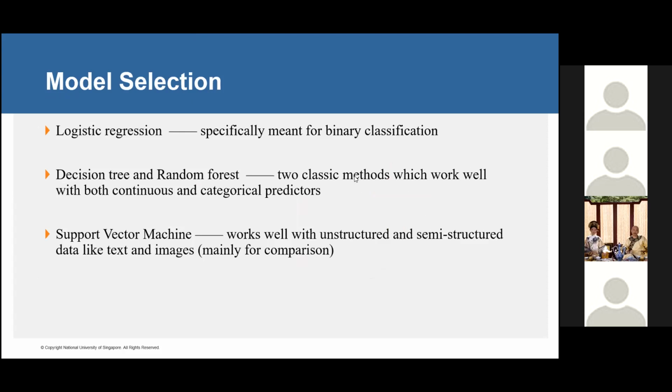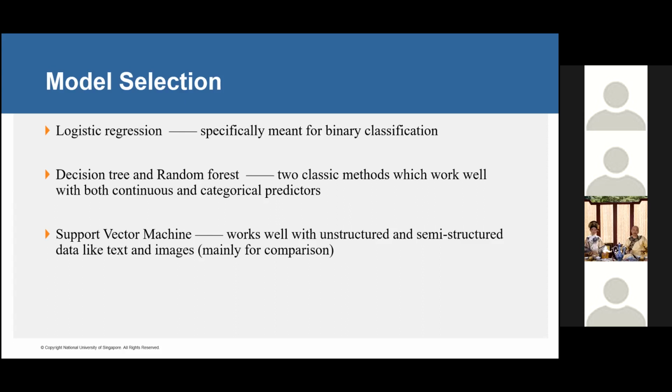Okay, and here I will start with the model part. Based on our problem statement, we take heart disease as the target variable, which is binary, whether you have heart disease or not. Therefore, we should focus on machine learning methods designed for classification. In this project, we choose 4 methods.